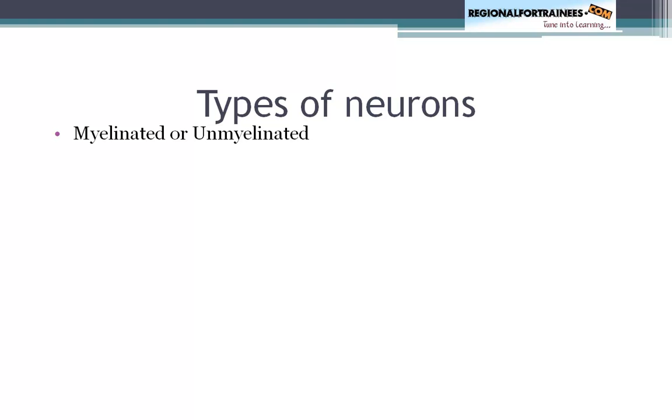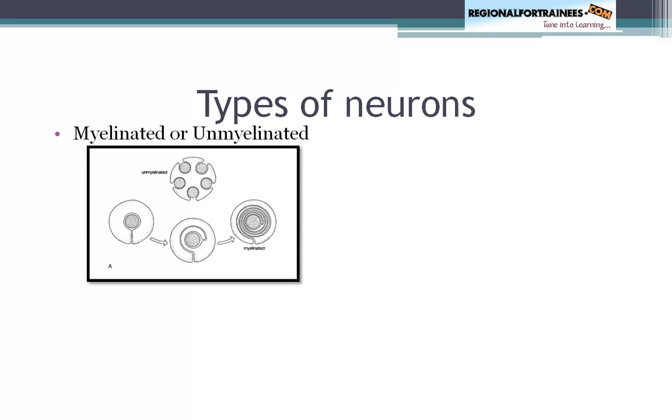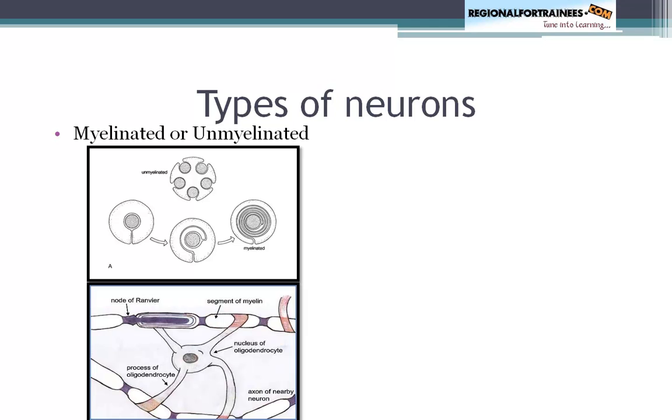Apart from that, depending upon myelination of a neuron, they can be classified as myelinated or unmyelinated. So the myelin basically is a lipid protein complex that encircles a given axon. In the peripheral nervous system, it is formed by the Schwann cells, and in the central nervous system, it is formed by the oligodendrocytes, which may result in myelin formation for more than one axon, as can be seen in